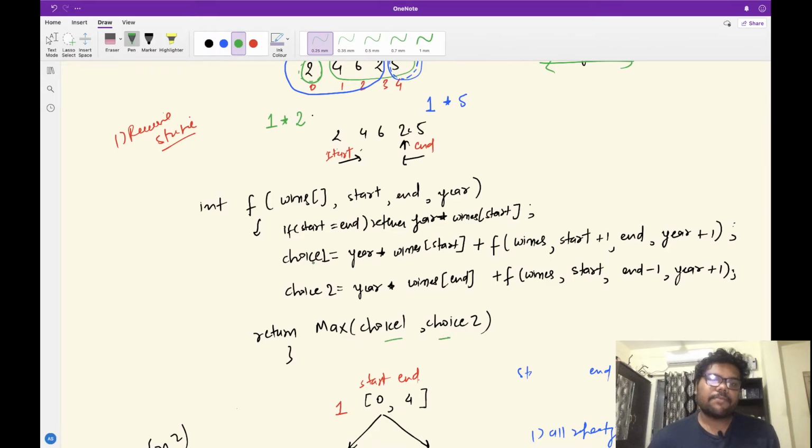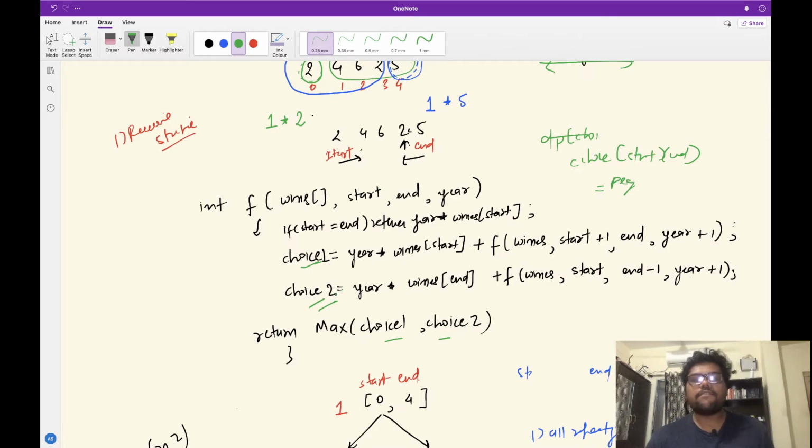If choice 1 is greater than choice 2, then I will maintain another two-dimensional array, called choice, and at that start and end index we will simply put beginning or end, depending on which choice we have made for the greater answer. So let's see the code now.